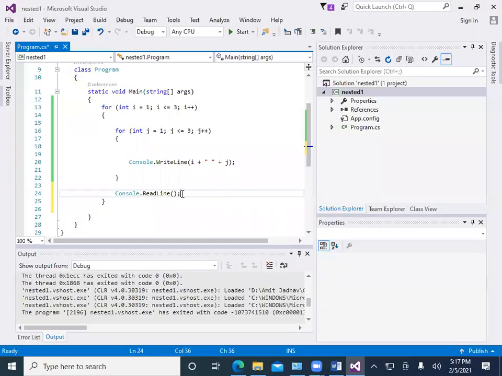So it will only print one value because here we write the console dot read line. It should be right outside the for loop.